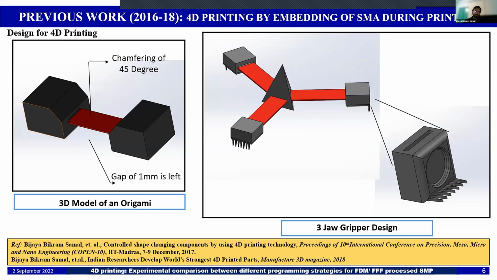In the first one, we had chosen some parameters like a chamfering gap of 1 mm, and the structures were designed in such a way that after morphing, it should become perfectly 90 degrees. And the second one was used for grabbing something in hot water. So to realize these designs,